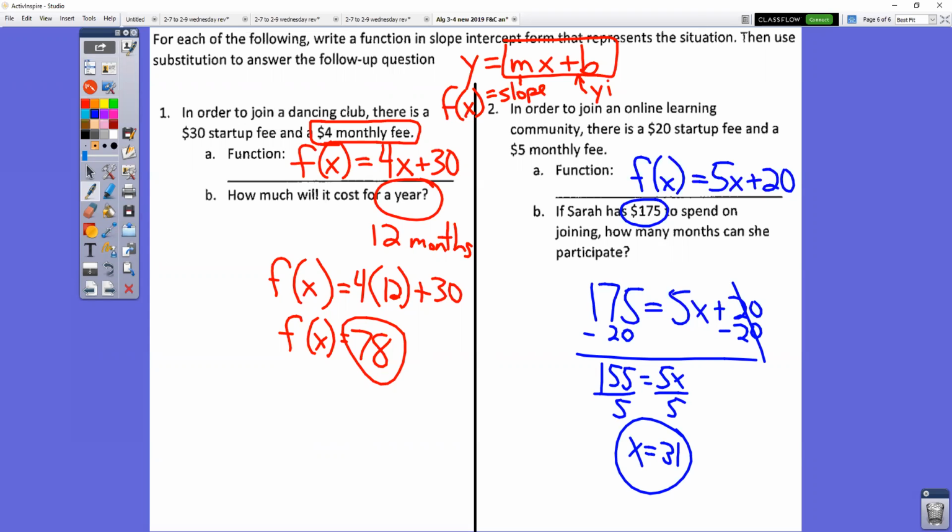So be careful on these. Sometimes you're going to sub it in for the x. Sometimes you're going to sub it in for the f of x. It all depends on the problem situation. So be very, very careful there. So there are 3 different kinds of problems today. All right. Make sure that you're subbing it into the right spots. That's sort of the main point of the lesson between Fahrenheit and Celsius and this stuff. Also setting up your functions. Let's take a look